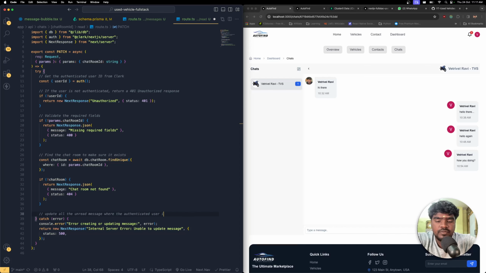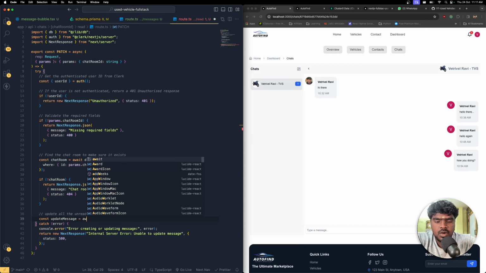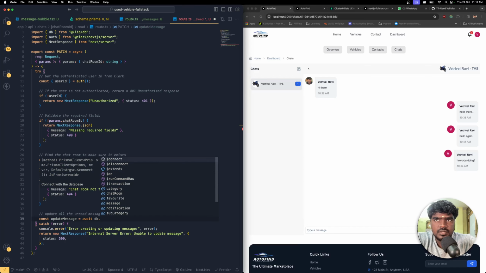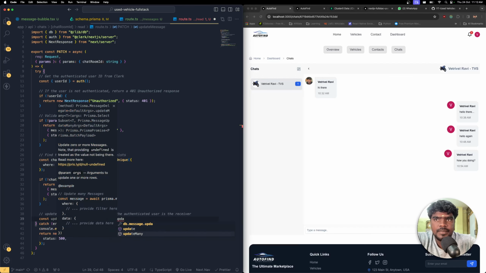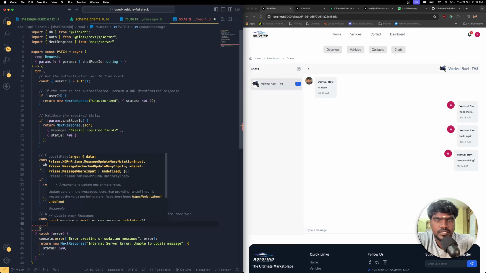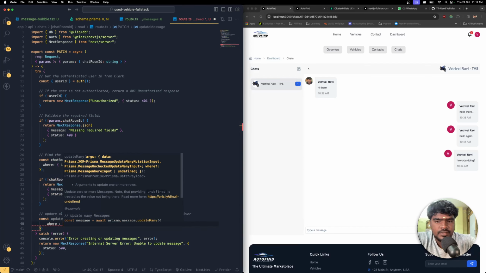So please be very careful, receiver. Authenticated user is the receiver. So const updateMessages is equals to await db.message.updateMany, open the function, open the bracket, where